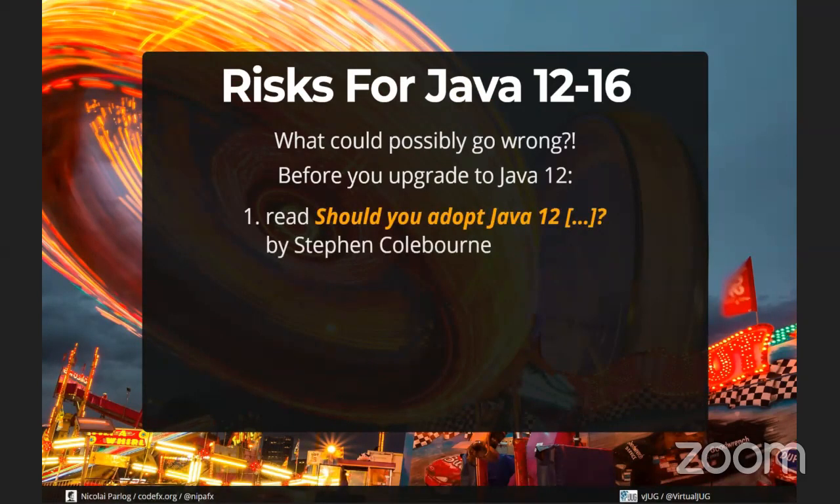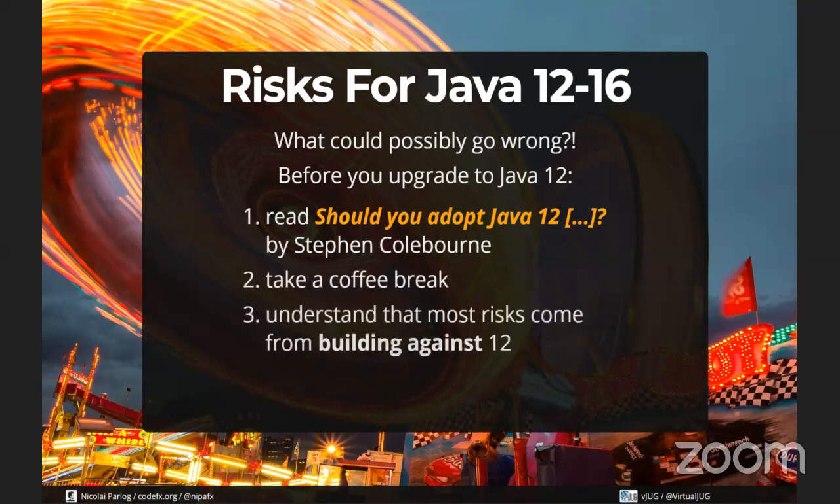Stephen Colborn wrote a long article, "Should you adopt Java 12?" And I shortened this title here. It's "or stay on 11 forever," something like that. But never mind. That article paints a very bleak picture, and I want to make sure to point out that nothing that he writes is wrong, right? But still, after you've read that article, take a coffee break and then realize that most of what he describes